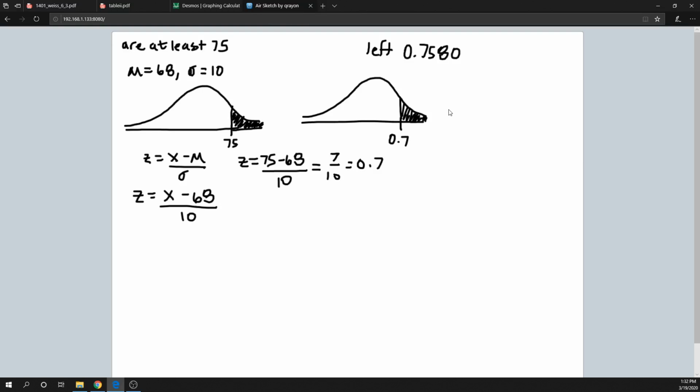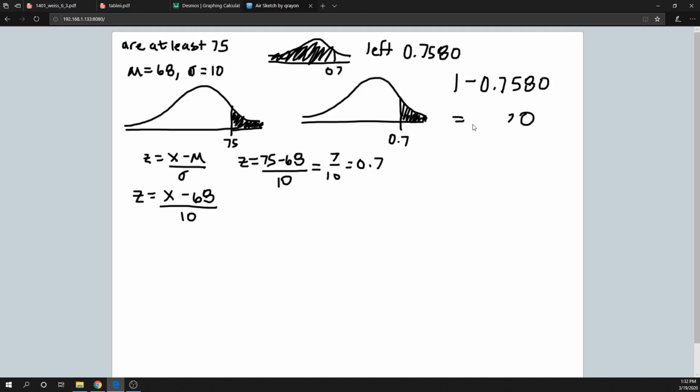Just remembering back to 6.2, what we just found is that the area to the left of 0.7 is 0.7580. But we want the area to the right because that's what the problem asked for. So what we'll need to do is just subtract that value from 1. So our answer is going to be 1 minus 0.7580. That's the area to the right of 0.7, which is the same as the area of 75 on this one. And so we'll wind up with